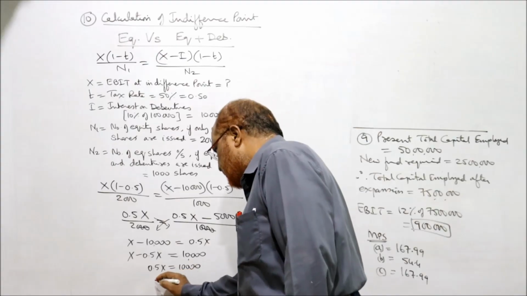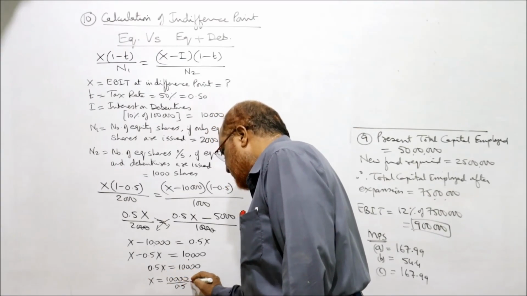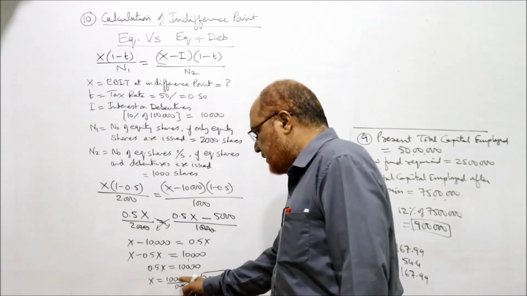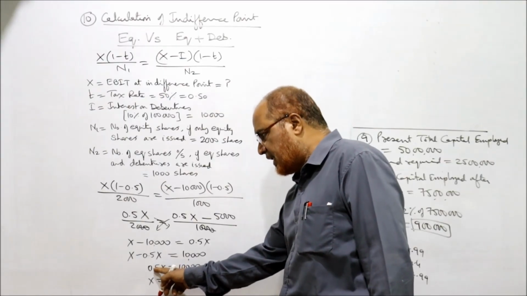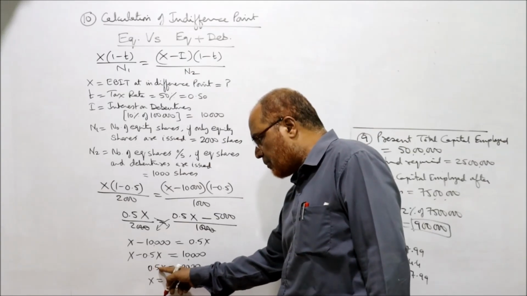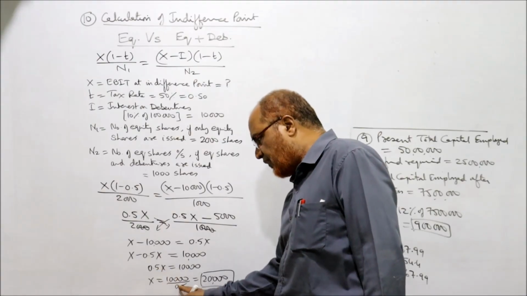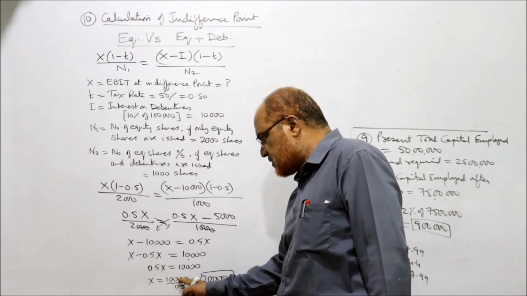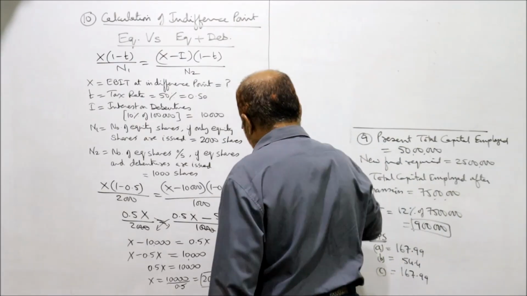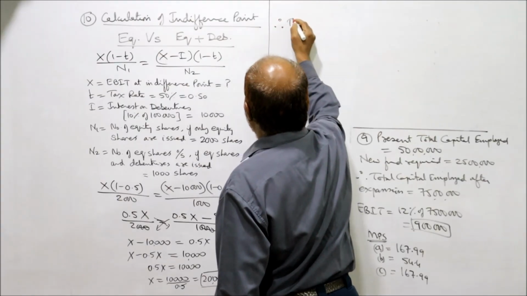X is equal to 10,000 divided by 0.5 is equal to 20,000. 10,000 divided by ये 0.5 LHS पे RHS पे ला लिए तो डिवाइड हो जाएगा. 0.5 और X के बीच में मल्टीप्लीकेशन साइन है और राइट हैंड साइड पे ले तो डिवीजन हो जाता. तो 0.5 डिनोमिनेटर में आता. तो X is equal to 10,000 divided by 0.5 is 20,000. Therefore indifference point